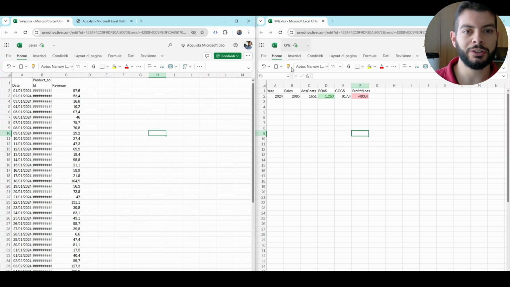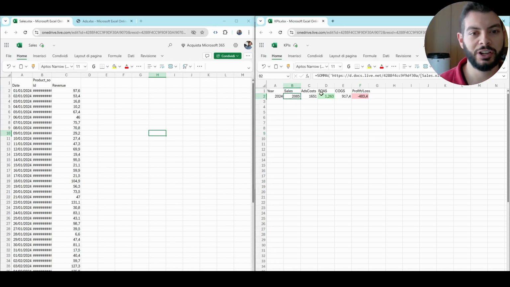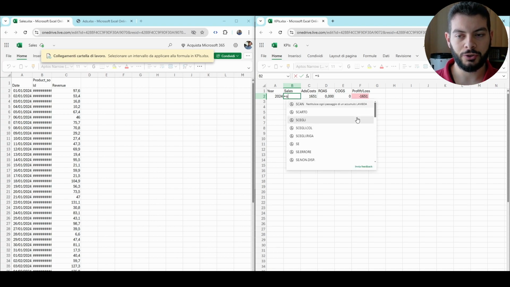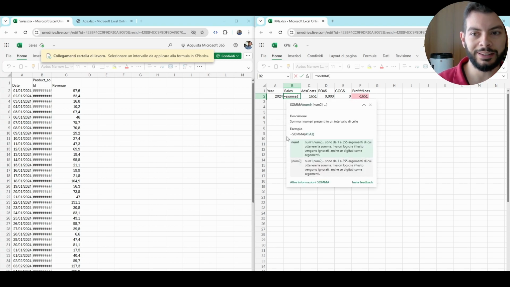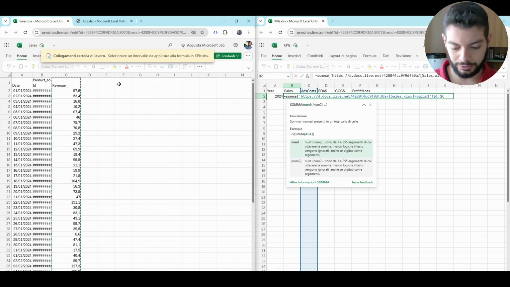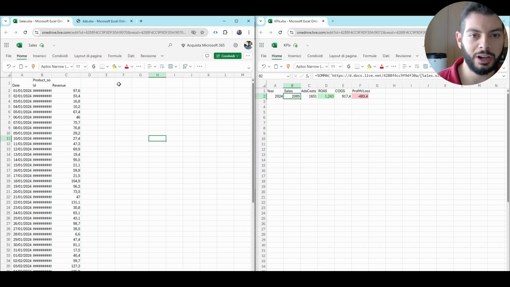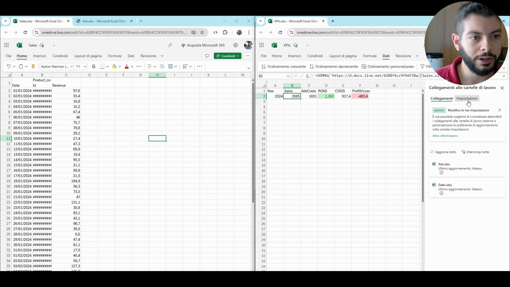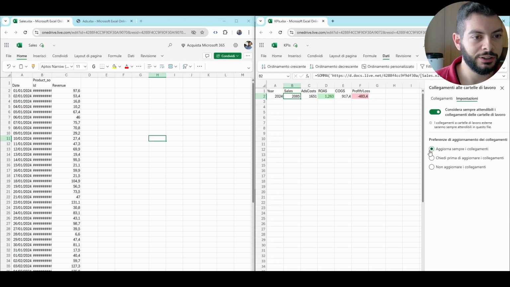So you see that in this other workbook called the KPIs, I did an aggregation. In this case, the turnover, called sales. How did I do this? It's very easy. Let's do it from scratch. I called the sum function and I clicked the column here. It's very easy in terms of steps. Then you go to data, you go here, and you go to the settings and you check this and this one. Otherwise you have some minor steps or more delays in general.